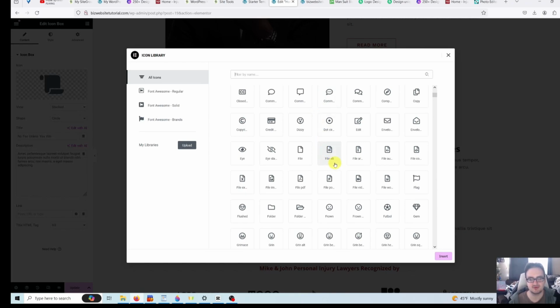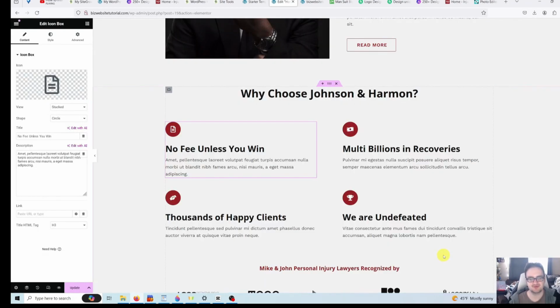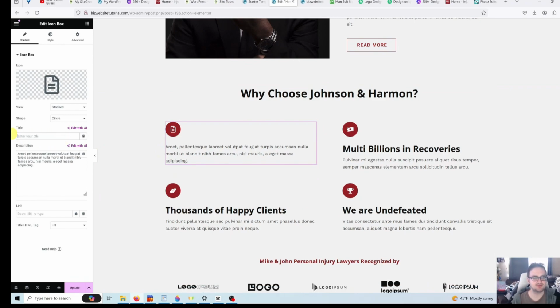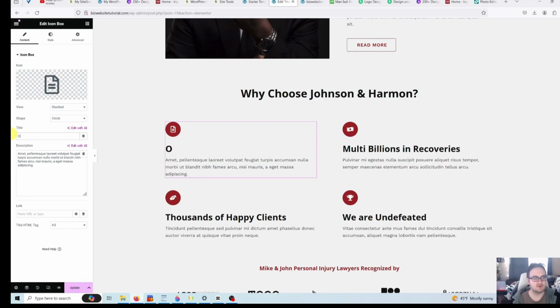That looks very similar to a document, so I can click on that and use that as an example. Click insert, and then I change my icon to a document. Now we have to change the heading and the text underneath. So the heading is right here on the left hand side where it says title. You can simply backspace that out, and then you can simply put one